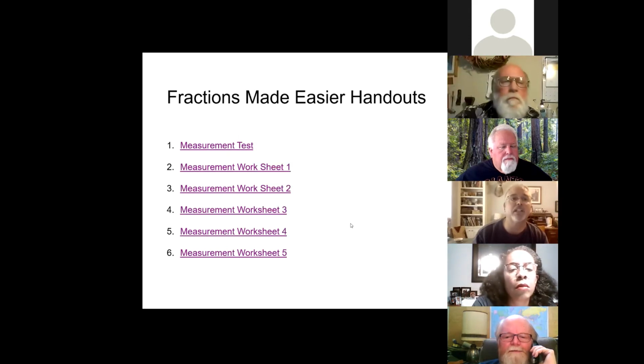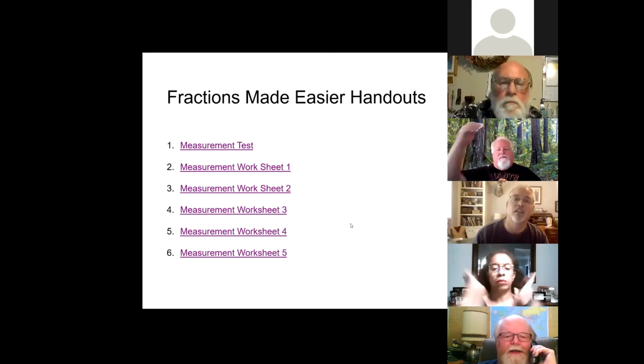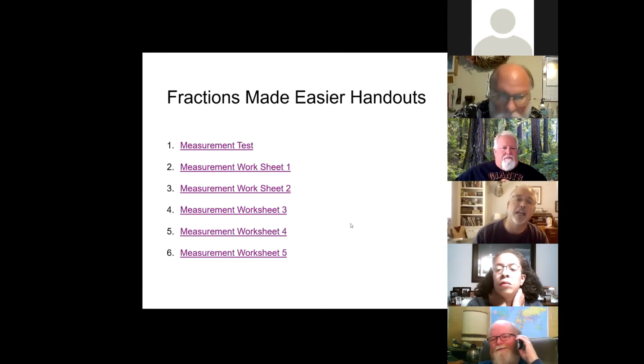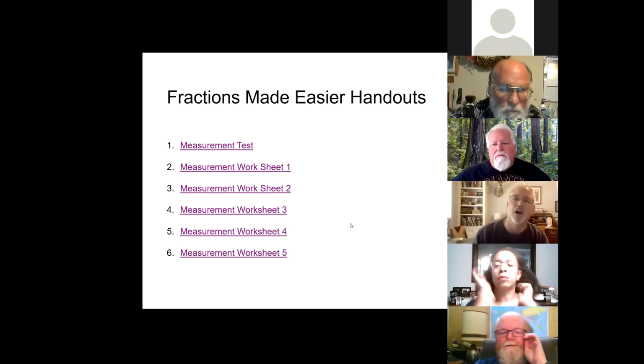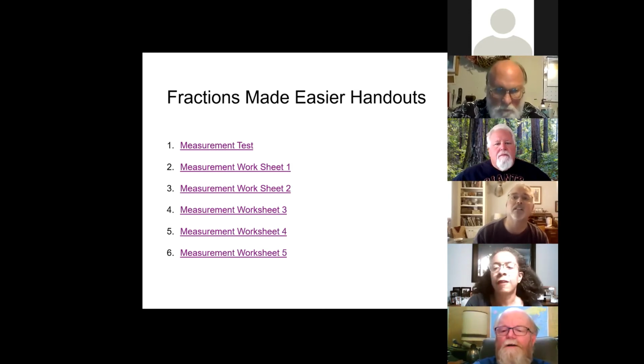pages, and this one's a little harder. So they're going from A to B, A to C, A to whatever the letter is, and they're filling these out. By the time they can do this worksheet